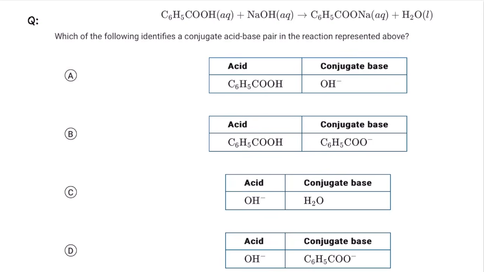Well, now I see that the C6H5COOH has its proton replaced with sodium, which means the proton is donated by C6H5COOH to the sodium hydroxide, or to the hydroxide ions. So what's actually occurring is C6H5COOH reacts with hydroxide to yield